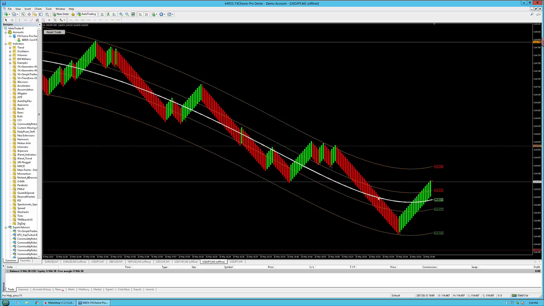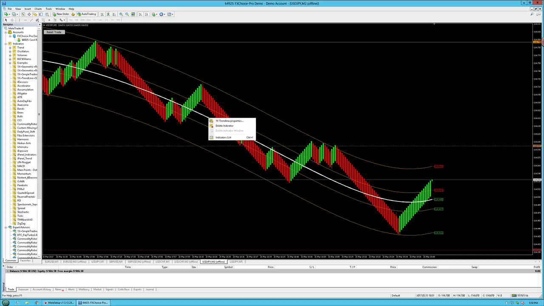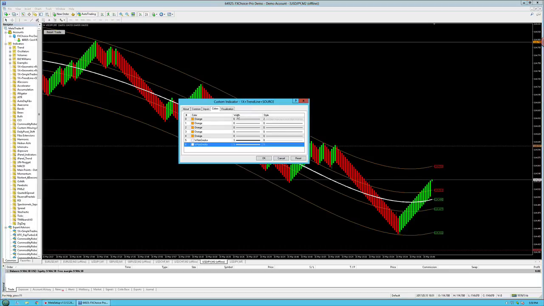So you see that the trend line is dynamic, right? It does move up. It does slope depending on the market, the movement of the market. So it's dynamic. It does slope and it does change. It only goes back 300 bars. We have it set to program 300 bars back. If we look at the trend line and go to inputs, you can see that it only goes back